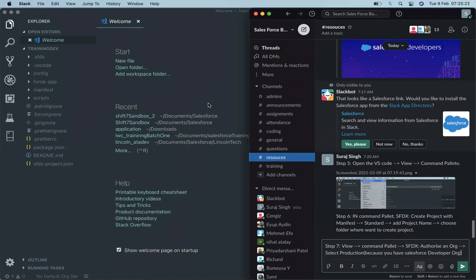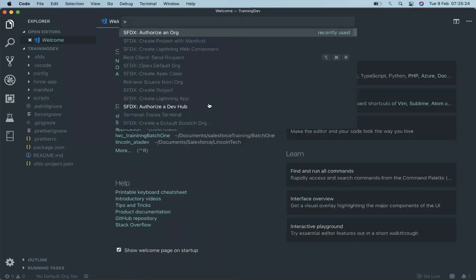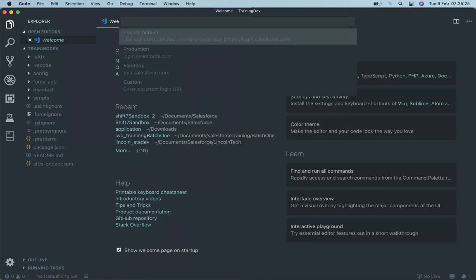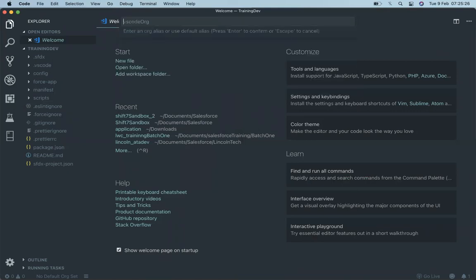So authorize an org, then select production. Once you select production, it will ask for the configuration name.